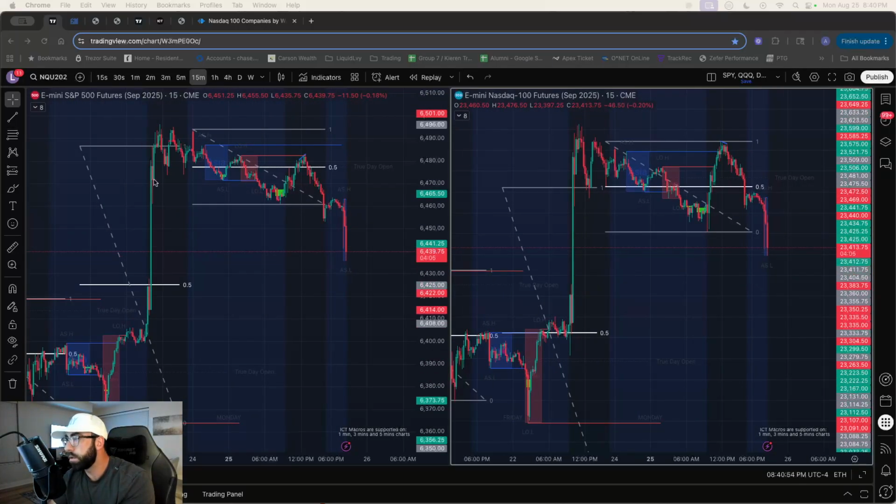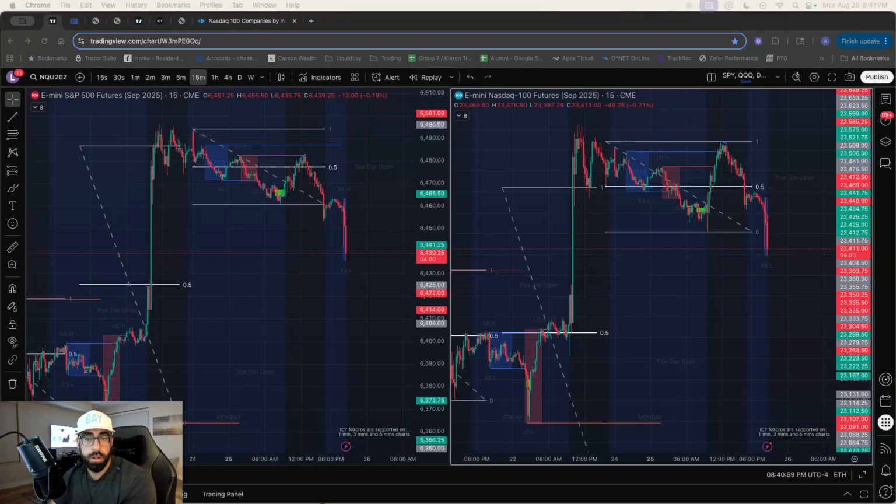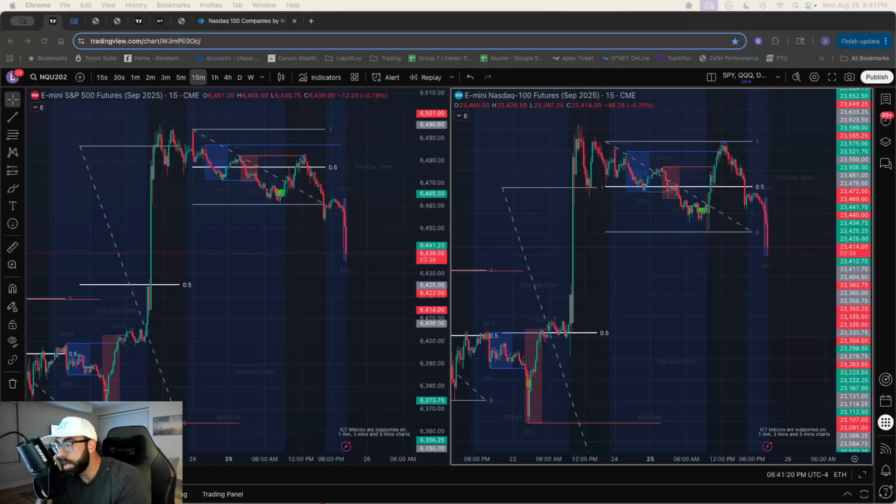What are other things to consider besides fair value gaps when taking a trade? Oh yeah, time of day, day of week, order flow, volume, price action, premium discount. Sometimes order blocks, we're just keeping in mind. They help confirm a direction sometimes.